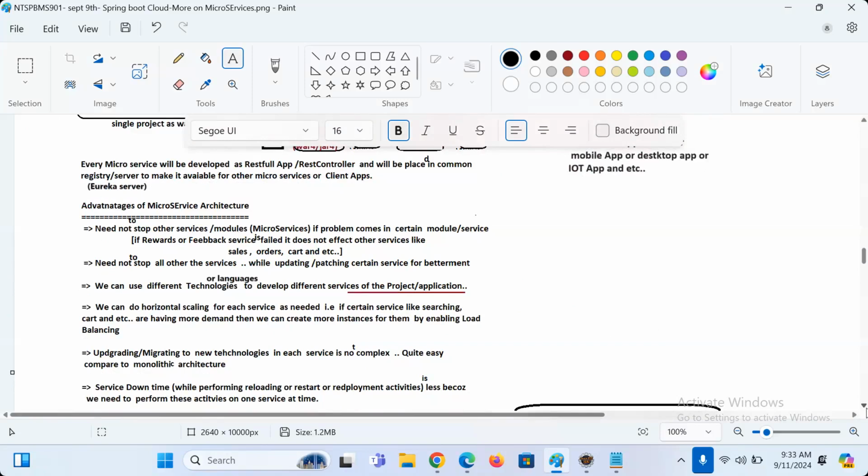Though it's a design pattern, it is part of all these 3 architectures, right? While developing monolith, layers are based on MVC. SOA, provider and consumer, layers are based on MVC. In microservice, every service is a project. While developing each service as a project, layers are based on what? MVC. So that is what I want to say.